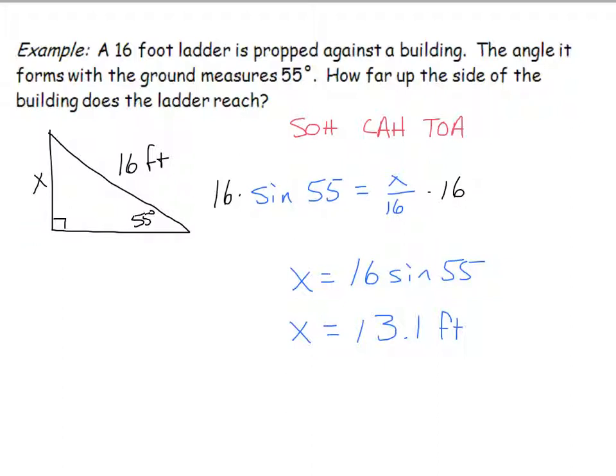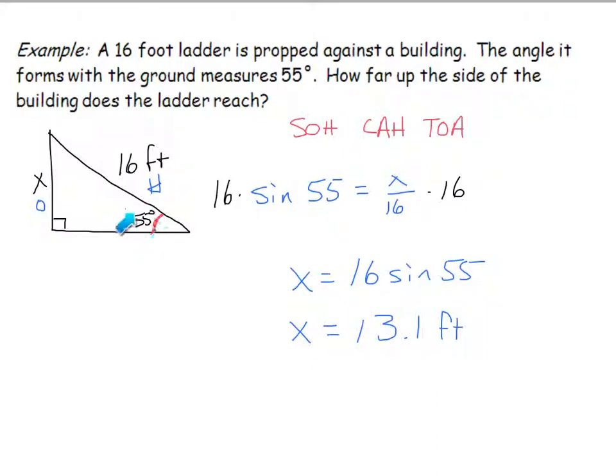So when I'm looking at this, here's the angle I have. I do know that the side opposite of that angle is what I'm looking for, so I'm going to put an O there. I also know the 16-foot ladder, that's actually my hypotenuse. So I've got an O and an H, and when I have O and H, that's sine. So I'm writing it out, and I'm going to say, okay, we're going to do the sine of